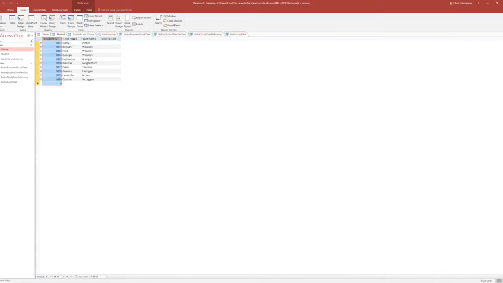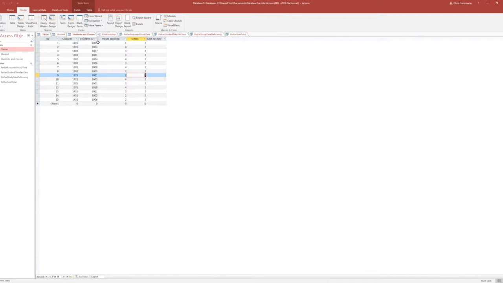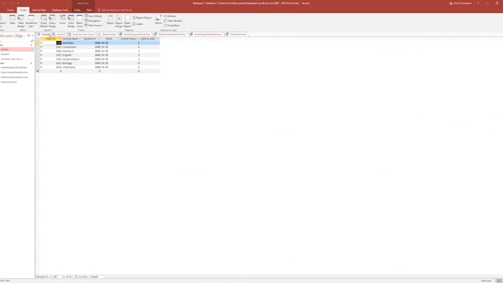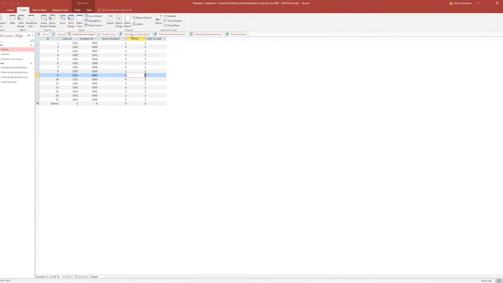And I had a student tab with their student ID, last name, first name, and then student classes with an ID, class ID, student ID, and hours studied. And the next thing that you have to create are relationships between those three tables. And then what we did is we created queries. And these queries brought together different fields from each of these tables and then answered a question for us. So the first question that we have,